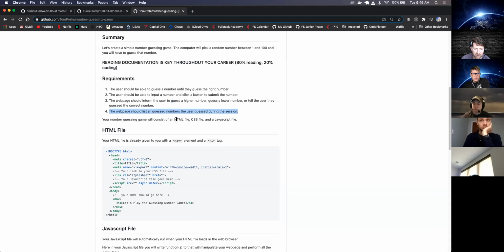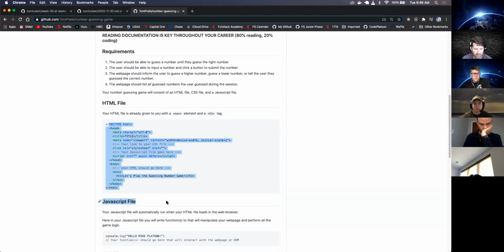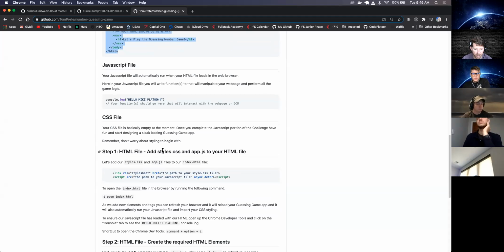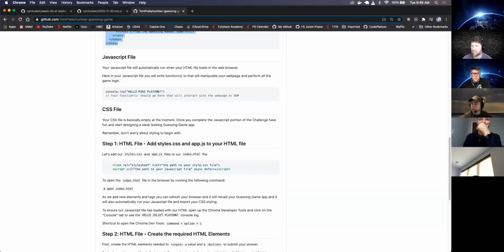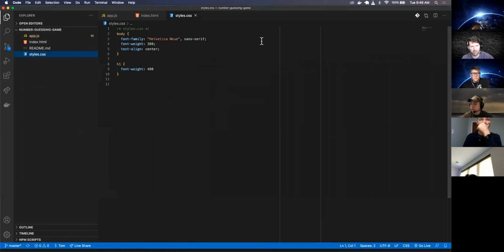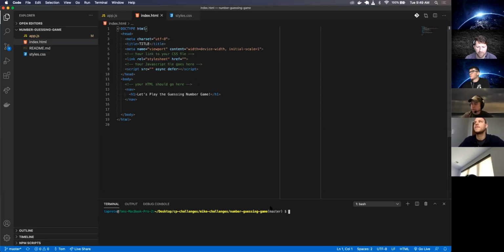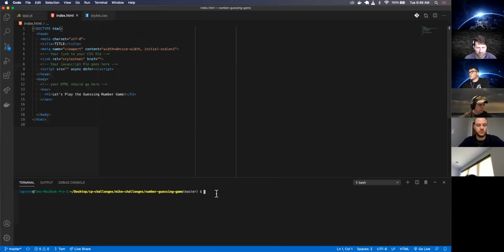So your number guessing game will consist of an HTML file, CSS, and JavaScript file, which we already have. And we already have this boilerplate given to us. All right, CSS. So step 1, add styles.css and app.js to your HTML file. So I'm over here in my index HTML file. Now, how do I add my style sheets? Well, actually, before I do that, I'm going to open up this index.html file in my web browser. In order to do that, I can list everything out. I've got the app.js, index, and styles. So I can just do open